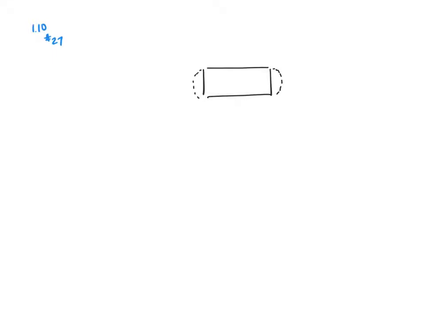Okay, let's look at number 27. And I think this problem could be misinterpreted depending on how you read it, because I know the first time I read it differently. But it says you've got this track that is going to be constructed in the shape of a rectangle with semicircles at each end. So, it tells you that this much is x,